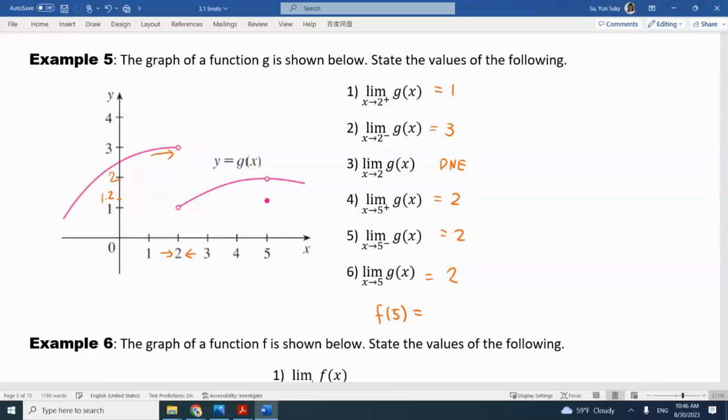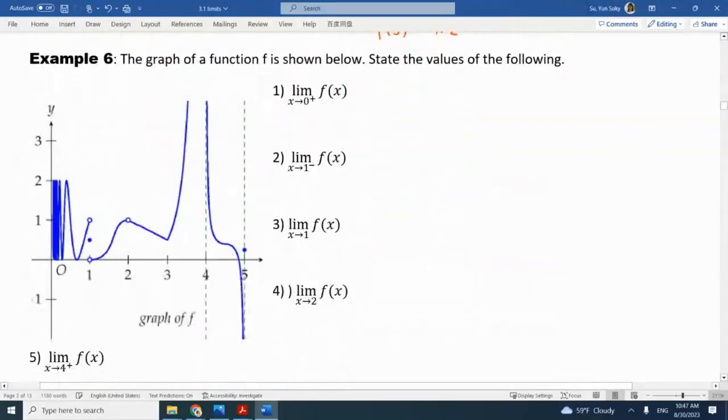Okay, everybody? Let me also ask you, what is f of 5? Joseph, what's f of 5? When you look at 5, do you see a solid circle? Yeah, 1.2. Okay, everybody? So f of 5 is 1.2. In this case, do you see the function value and the limits? They are not the same. Because this is an open circle and the function is defined somewhere else, not back here. So that's why the limit and the function value do not match.